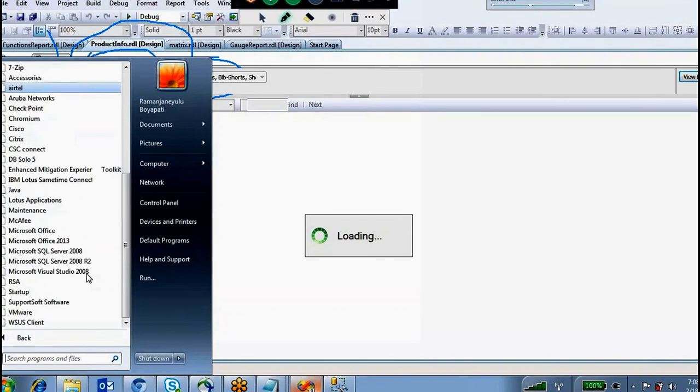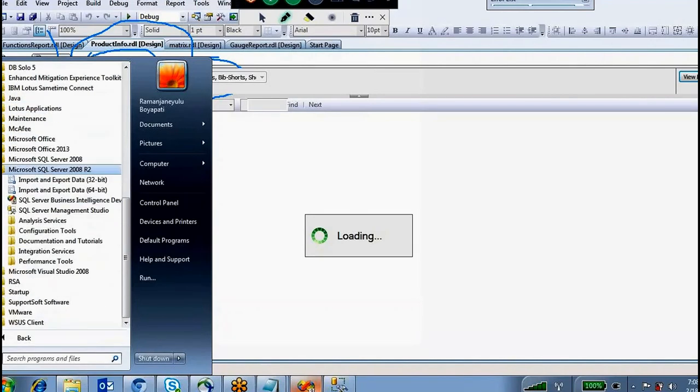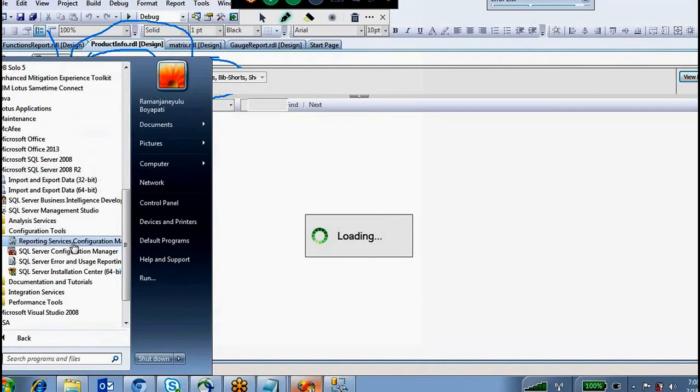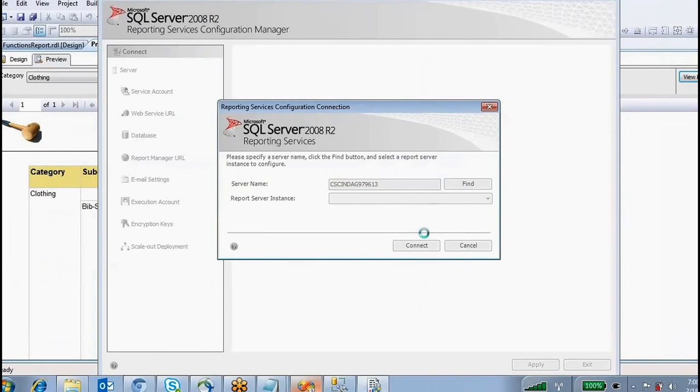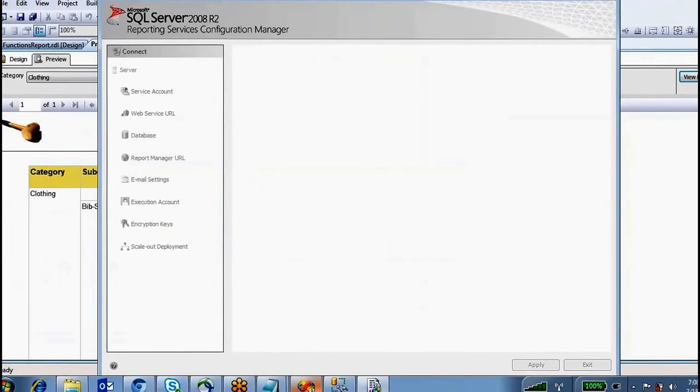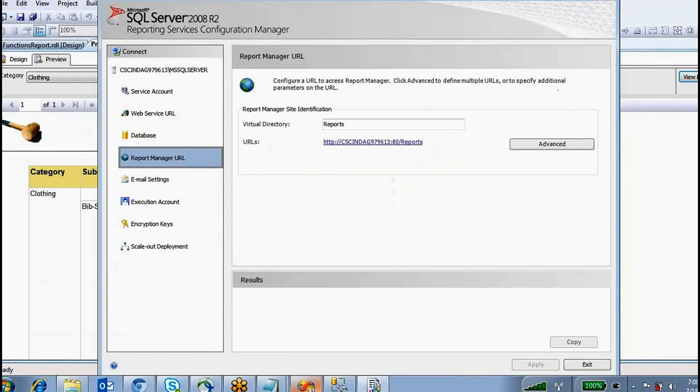Come to report manager. Connect it. Report manager URL. Just open this one. It's better to open in Internet Explorer, because sometimes these browsers are not compatible with Google Chrome and Mozilla Firefox.